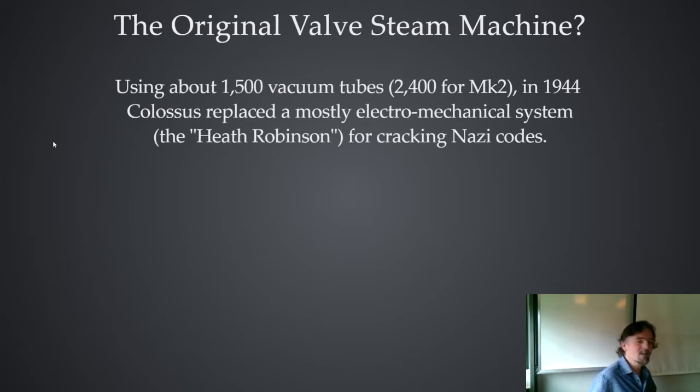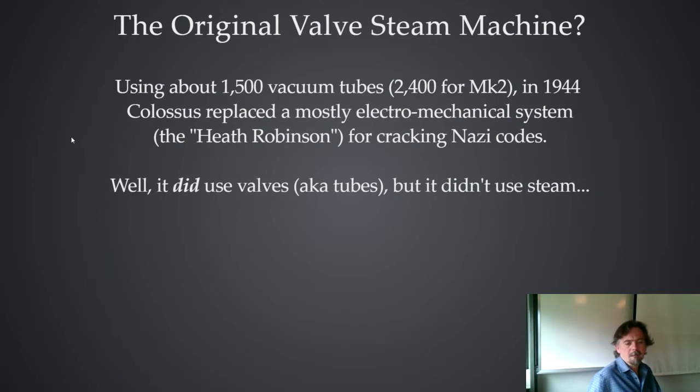The original Steam machine, though, would be a 1940s style computer, which used thousands of these little vacuum tubes that I've just described, and put them together to build this big computing system that was used during the war for code cracking. When you hear Colossus, you might think that it was used to crack the Enigma code. That's not strictly true. Colossus was for cracking the Lorenz code, which was an even fancier code that the Germans used for the submarines, or for the high command.